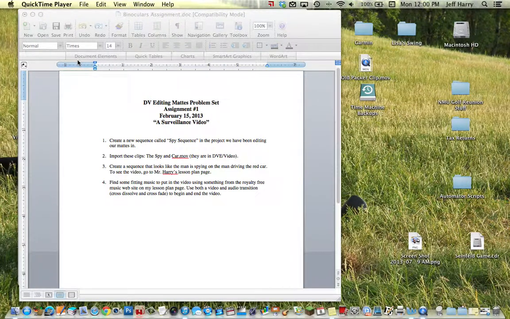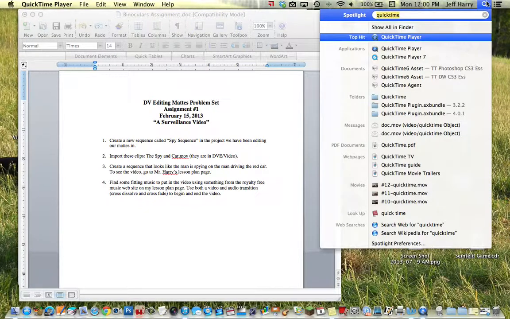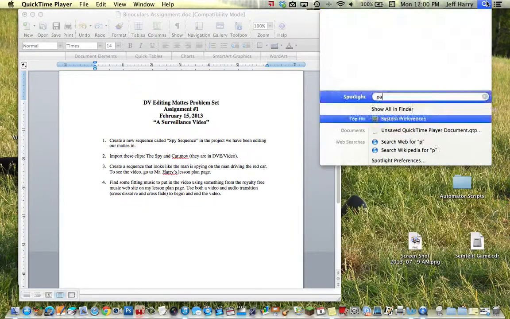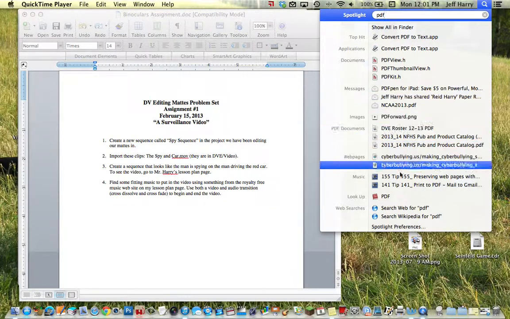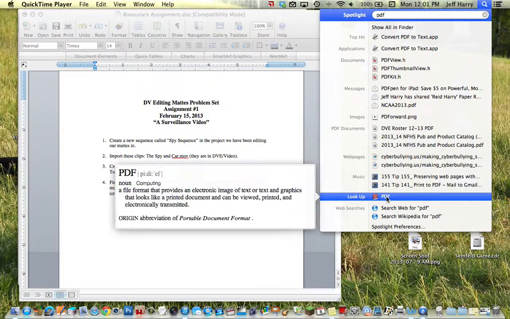So first of all, let's start off with a definition of what a PDF is. And kind of as a side note here, if you ever wanted to look up what a word means, or in this case, an acronym, you can use Spotlight as I'm doing. I can type in PDF over here, and what Spotlight is doing is searching my computer for all occurrences of PDF, but in this case, I'm going to have it look up PDF in the dictionary,